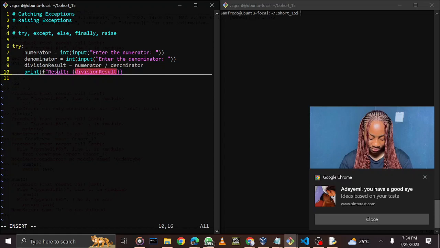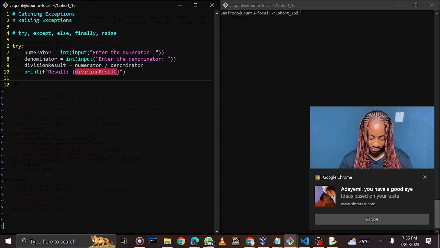So I should terminate this here. Yeah, I think something like this. If I'm not wrong, my f-string result, then division result, which is this. Okay, so now that's okay. Something like that. Let us try to run this program now, just to show us